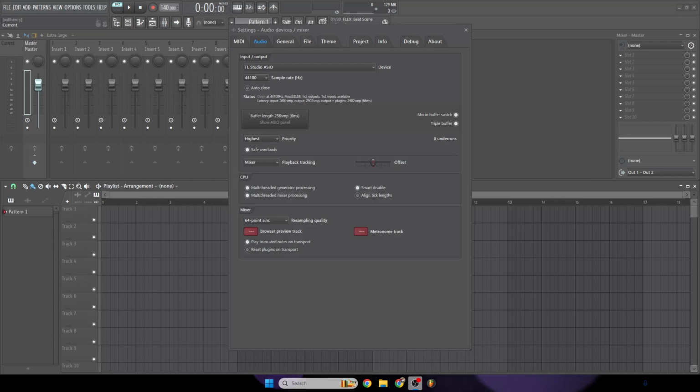Okay, I'm on a blank slate of FL, and I'm just gonna show you guys how to get the lowest latency possible while recording, because that is a massive issue. If you are recording vocals and you can't hear yourself, and whenever you talk it interrupts your next bar because you don't have the lowest latency. This will try to get you as low as possible so you can have the best mixes, the best tracks